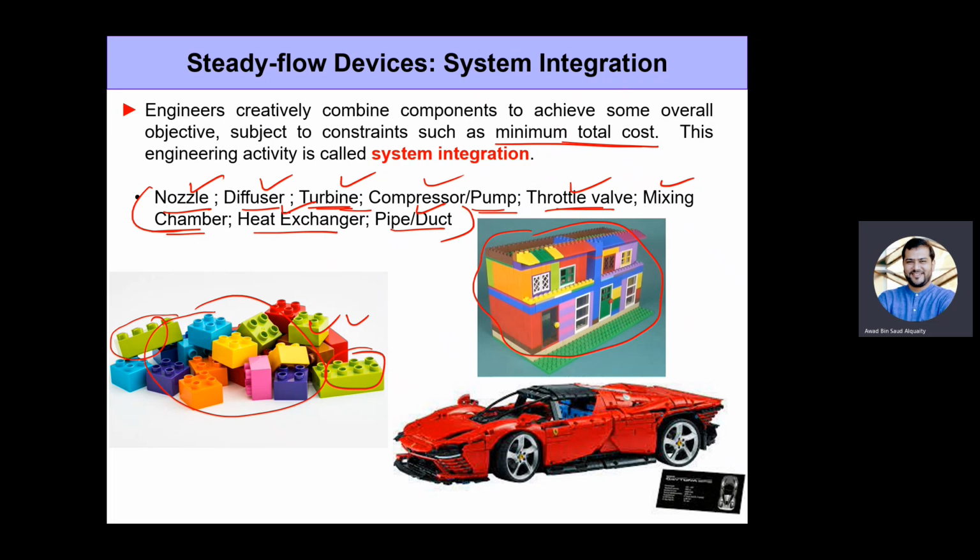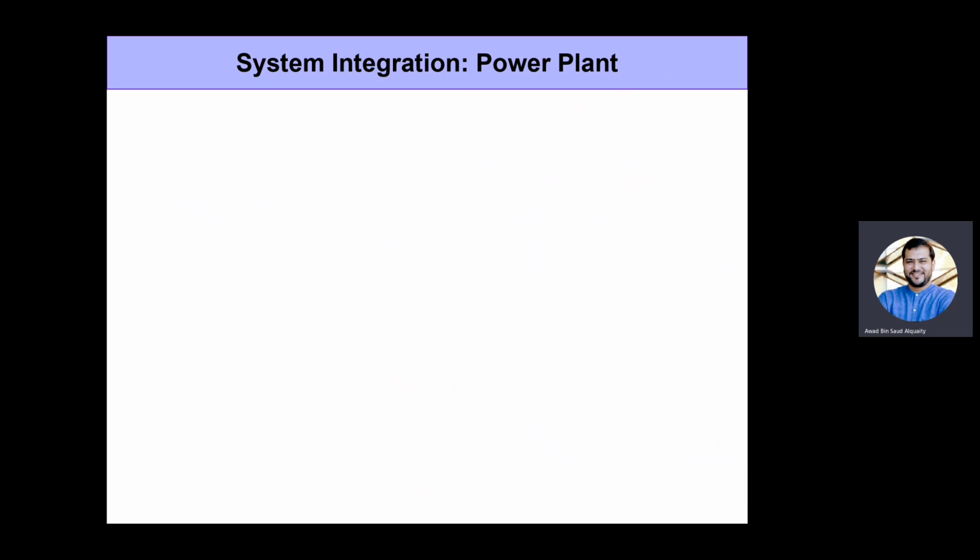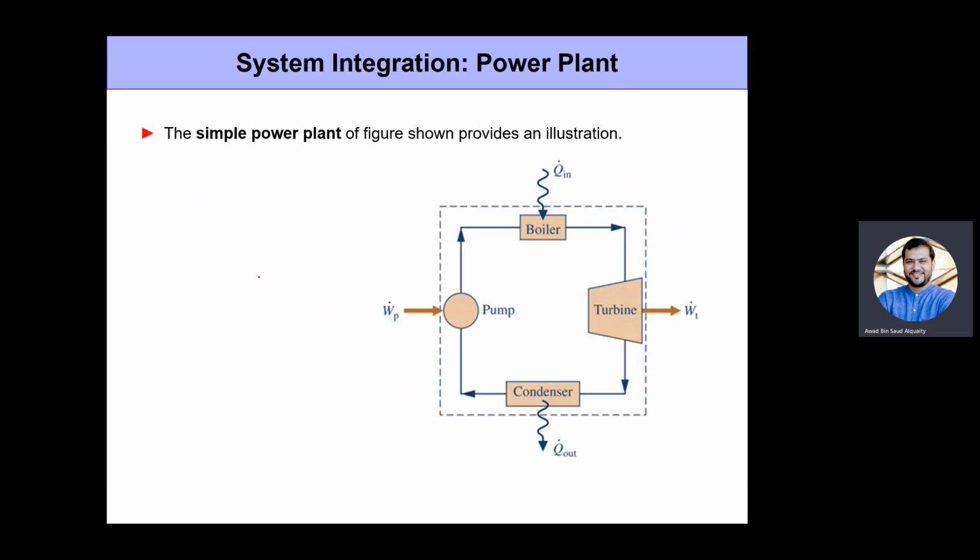Okay, so let's look at how we can make use of these different engineering Lego blocks to achieve the objective of a power plant. For example, if you're trying to design a power plant, and we'll talk about this in a little more detail later, the whole purpose of building a power plant is that you've got to produce some work output. If you want to produce some power for providing electricity and so on, we know that we need a turbine. The turbine is really essential for giving us that. And we know that a turbine